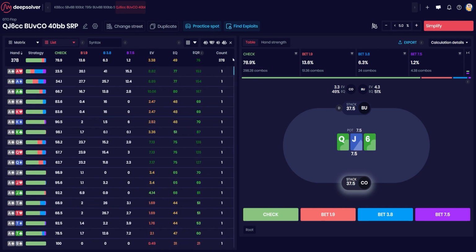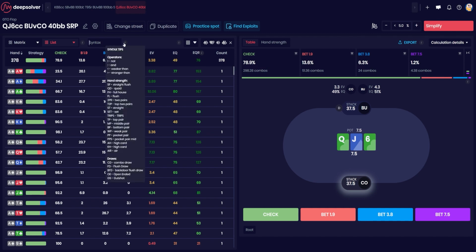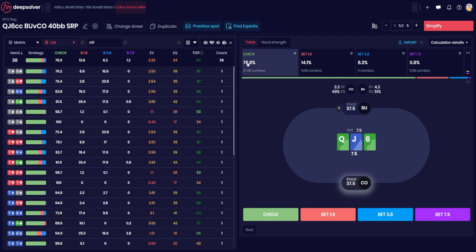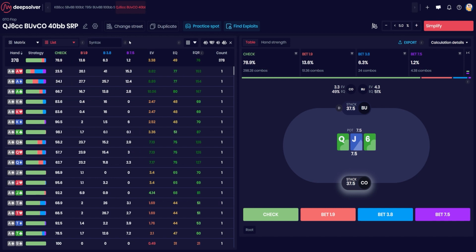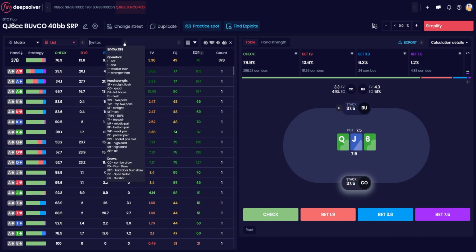So you could scroll all the way down to look at every combo, but usually you'll want to be using this to actually type in specific type of hands. So for example, have a look at the syntax tools and enter a hand. So let's say we want to look at how air plays. We type in air, and we can see air is checking most of the time. Or we type in something like overpair. So overpair in this example,